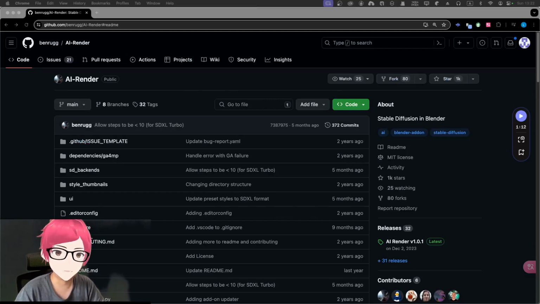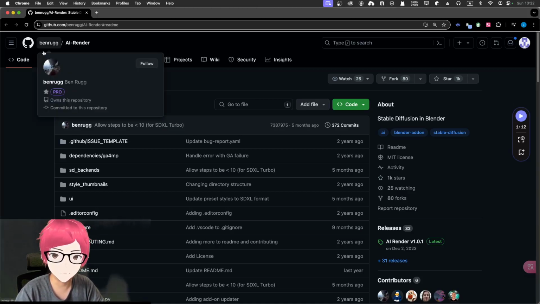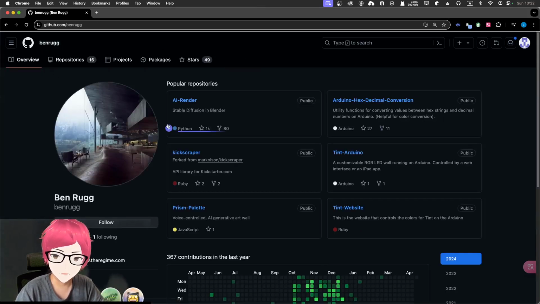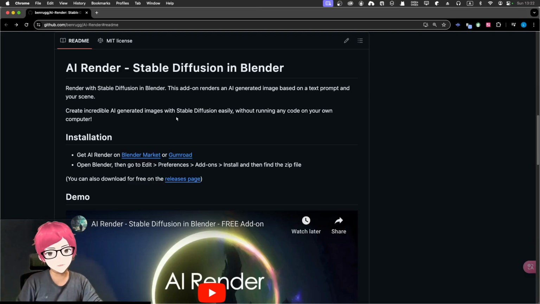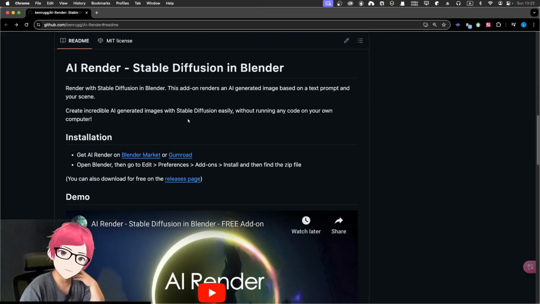Okay, as a previous programmer, and if you haven't known already, I like to browse GitHub a lot, and I just found this called AI Render on GitHub. A big shout out to this guy, Ben Rock. Okay, amazing guy, and he developed a plugin that can utilize the API from the Dream Studio AI, and of course you can use a local one. I believe you can use the local service as well, so you can create an automatic